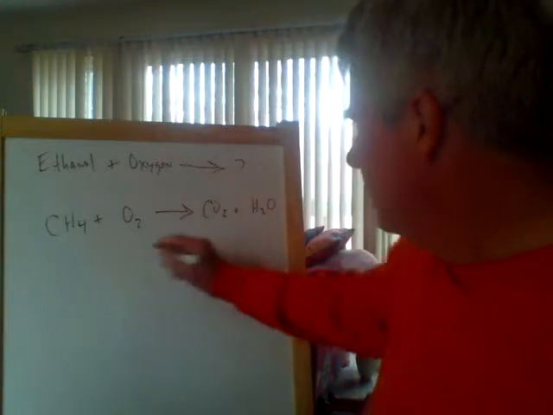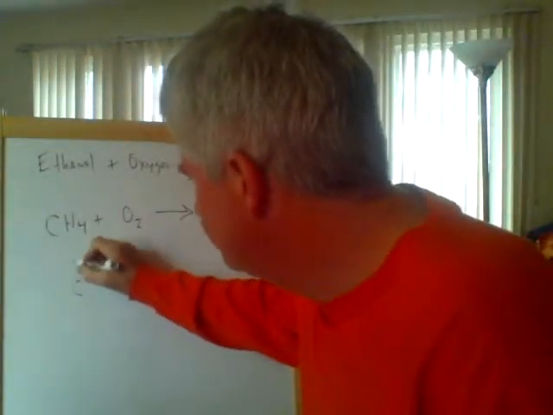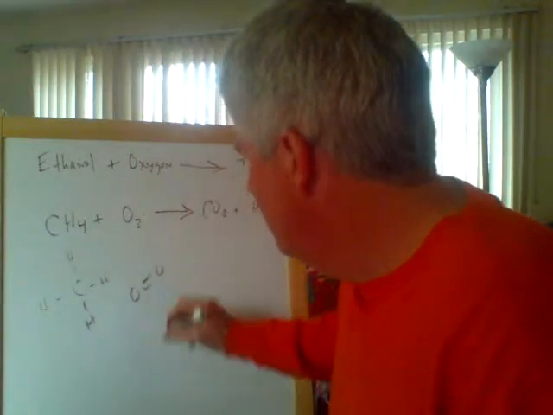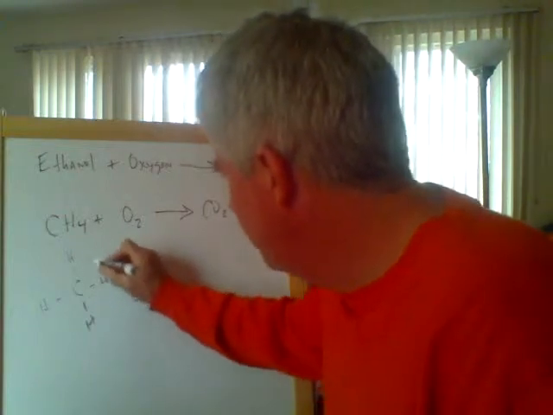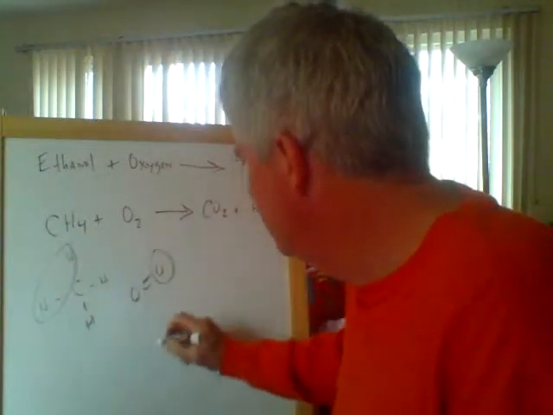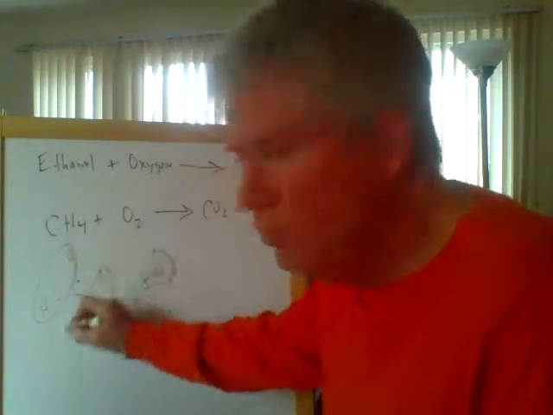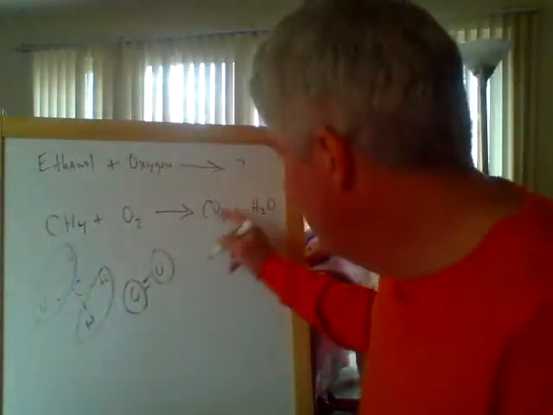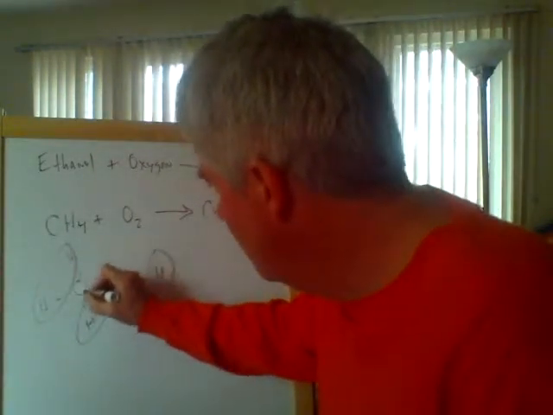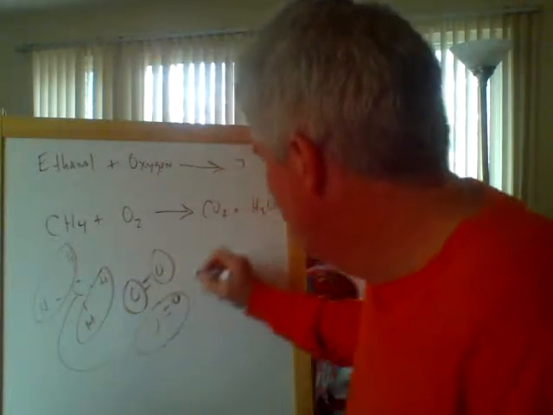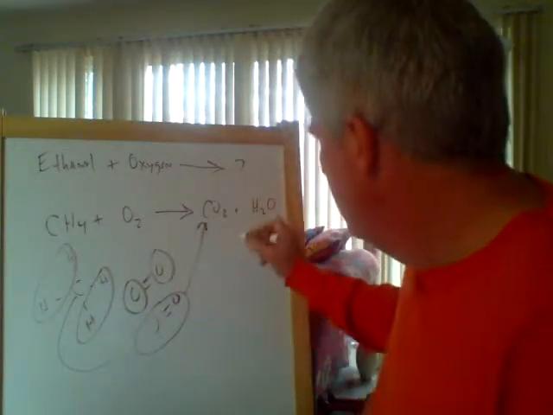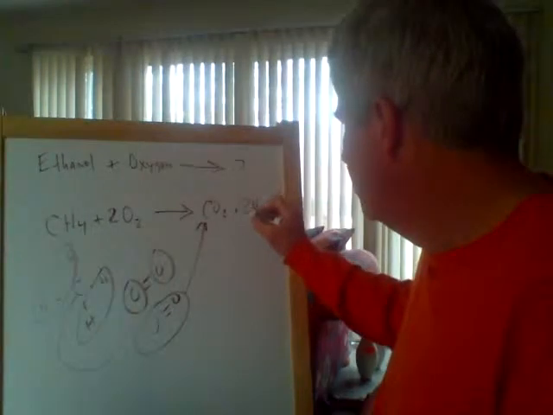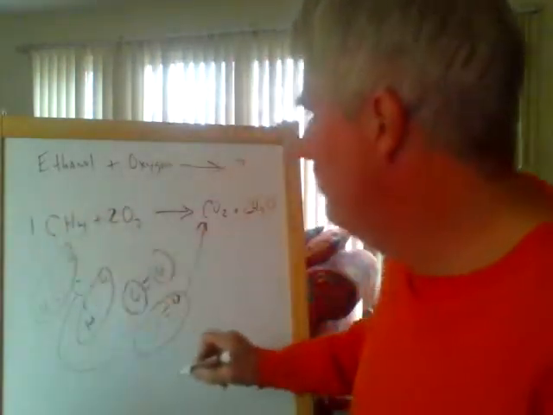So when we went through this, I think when I drew this, in order for the two waters, the two hydrogens would grab an oxygen. The other two hydrogens would grab an oxygen, and the carbon needs two more oxygens, so that's why we needed a second one. And then this would go off with these and form one of these, and we'd end up making two of these. So it required two oxygens, and it produced two waters, and only one methane